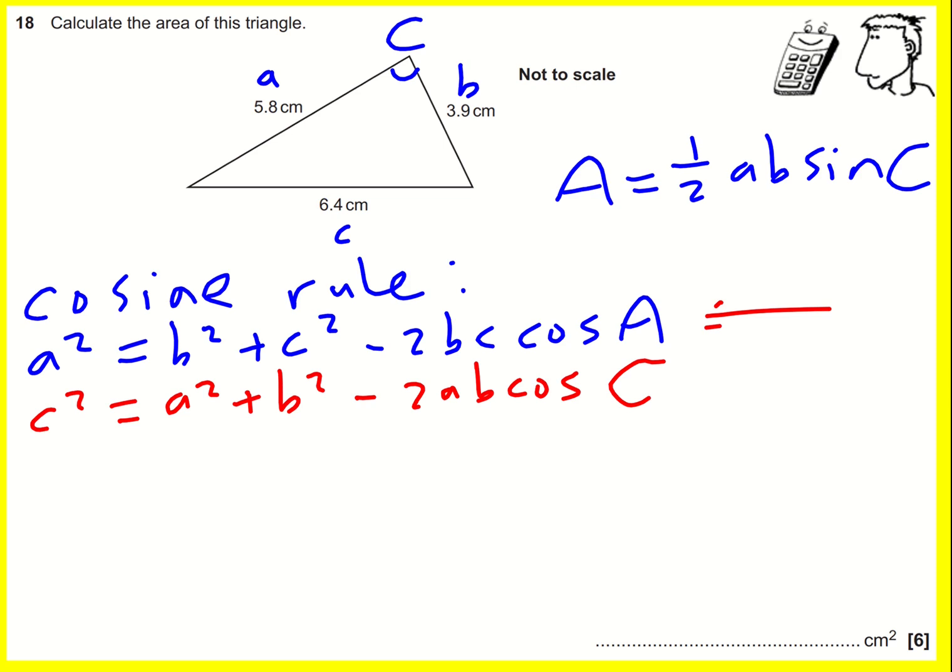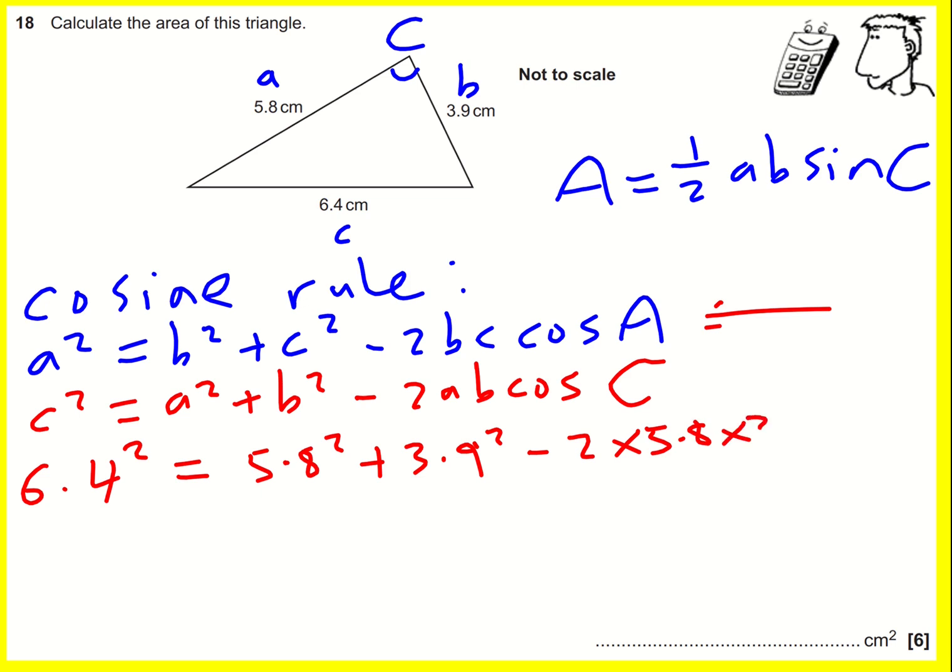I think here I'll stick with just substituting the numbers in and dealing with it from there, because that makes it a little bit easier to understand. So 6.4 squared equals 5.8 squared plus 3.9 squared minus 2 times 5.8 times 3.9